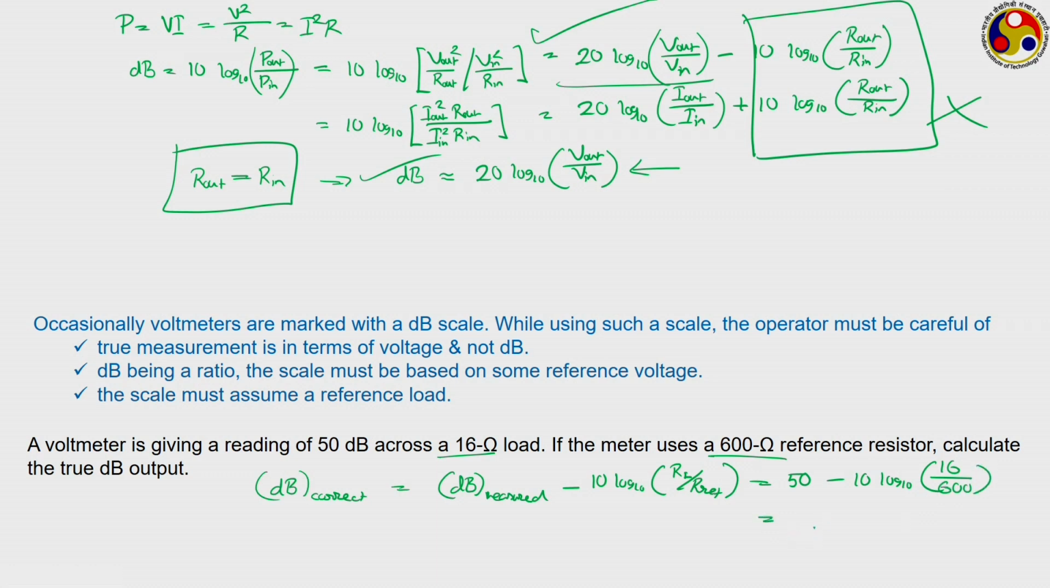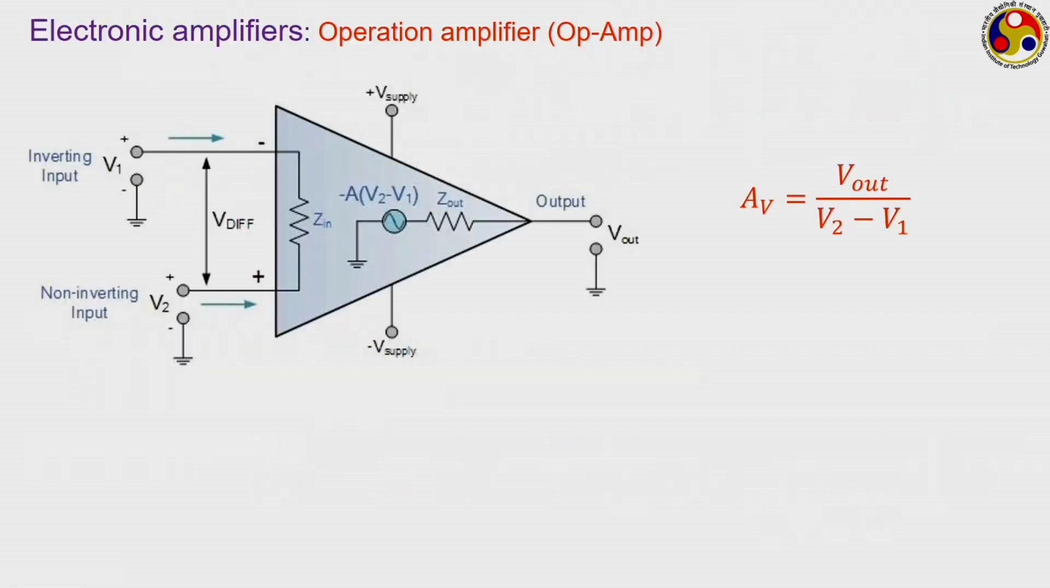So, if you calculate, this will come to be 65.74 dB, which is significantly different from the measurement value that we got. So, we have to be very careful about the equality between the reference and the load resistor. But with this knowledge we can move on to a few amplifiers, and this is the most common kind of